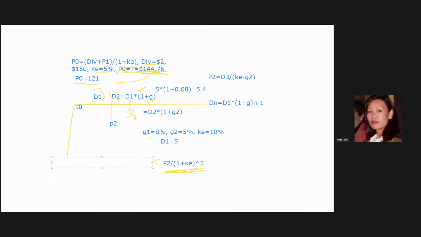I put it here. P0 should be equal to dividend 1. I know the cash flow, we got it, a dividend 1 at year 1. So we just discount that dividend 1, that's cash flow we know, 1 period. And plus we have dividend 2, our cash flow 2, so discount back by 1 plus KE to the power of 2. So that's 2 cash flows. This is present value, this is present value, and this is also present value. So all add in safe now. Remember I said all present value, now you can add.